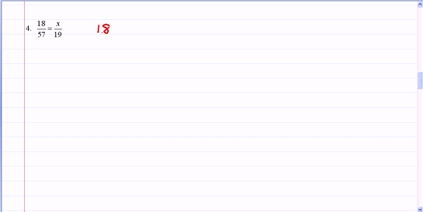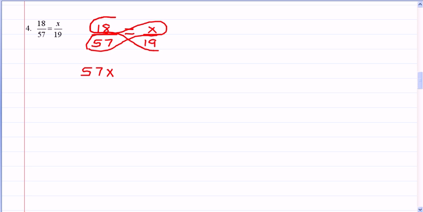I have two fractions that are equal to each other, so I take the product that has the x, and 57 times x is 57x, and then I take the other product, 18 times 19,